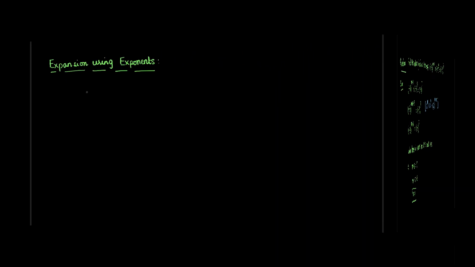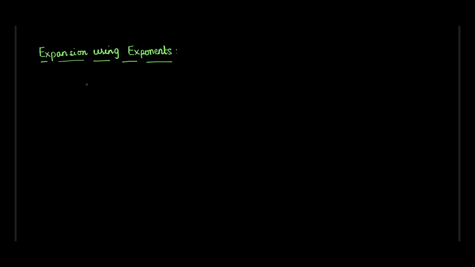Well, the next topic we are going to cover is expansion using exponents. So, in our early classes like in 3rd, 4th or 5th, you all must have done this question of expansion where they say that suppose you have a number 1023, write it in expanded form, and all of you must have done this 1000 plus 0 plus 20 plus 3. That is the expanded form.